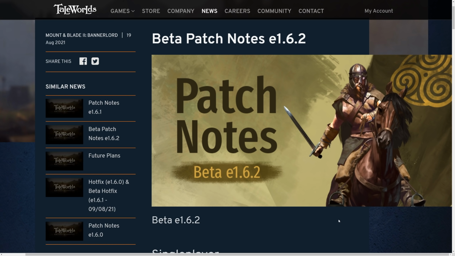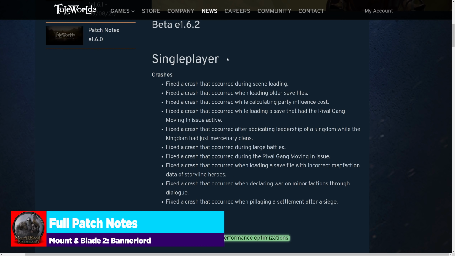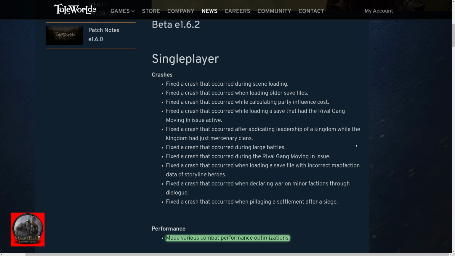But for those of you that want to stick around, let's get into these 1.6.2 beta patch notes. We're just going to swing into these. As always, we've got the crashes. They're there. If you experience a bunch, make sure you look through this to see if they are now fixed